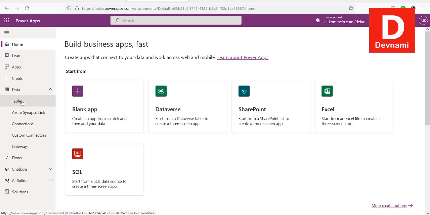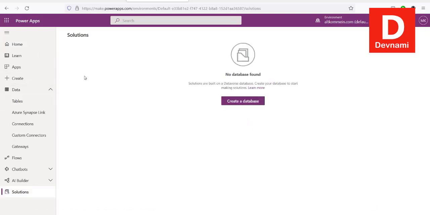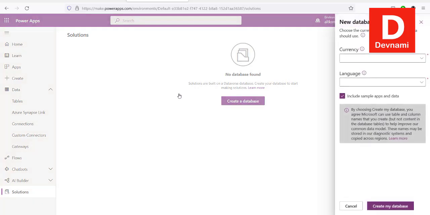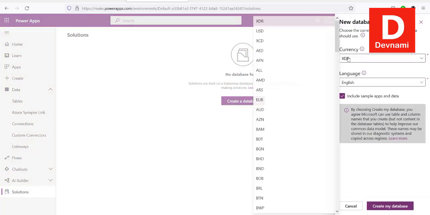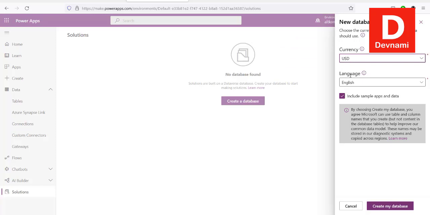So we will take a look at how you can add new data using data and tables. So go to your dashboard, then go to data section, then click on tables, and here we'll add new data by creating a database. So click on create database. On right hand side you will see it will ask you for currency, so you can choose between USD or your local currency. Then choose the language. You can use include sample apps and data, and then you can click on create your database,